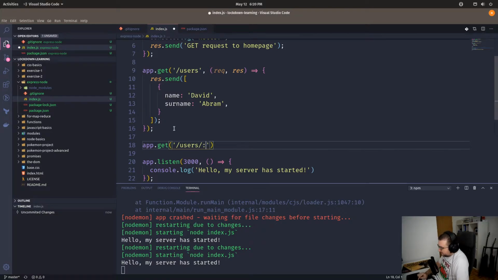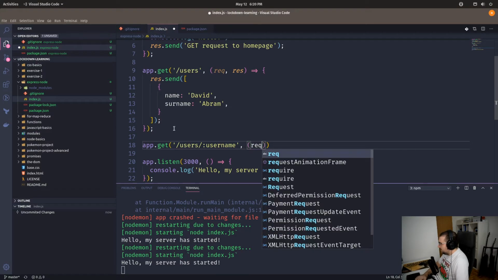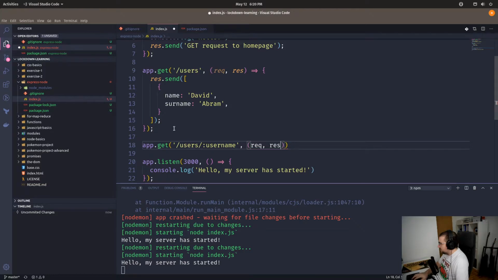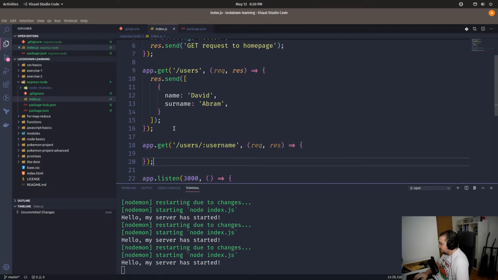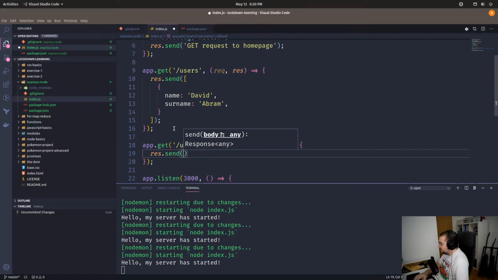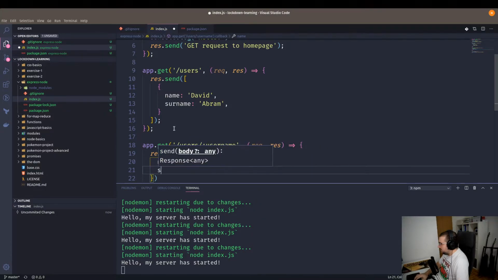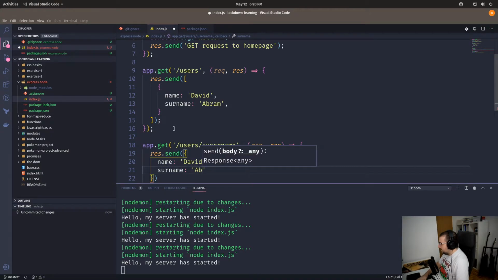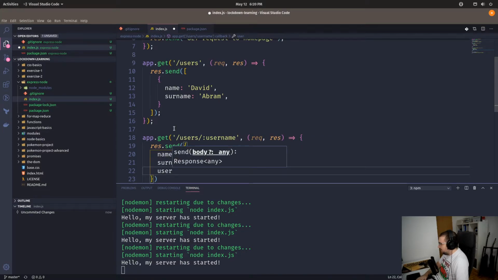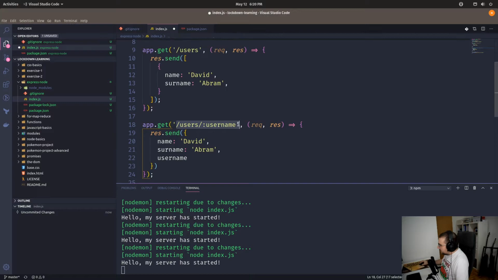You just write something like, let's say, username together like this, and then we say request, response, and then we say something like res.send, and we put name is David, surname is Abram, and then we should somehow get